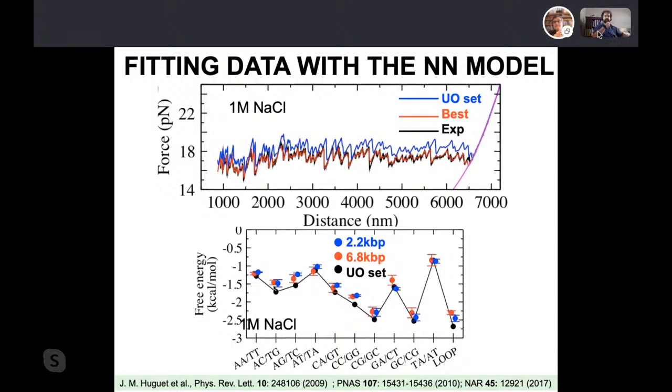Okay, thanks. Actually, before I move to the next question, I have a question. I was curious about this plot in particular at the bottom. So is the resolution here, could you actually read the DNA sequence using the force measurements? I mean, is the resolution good enough to actually read a DNA strand this way?